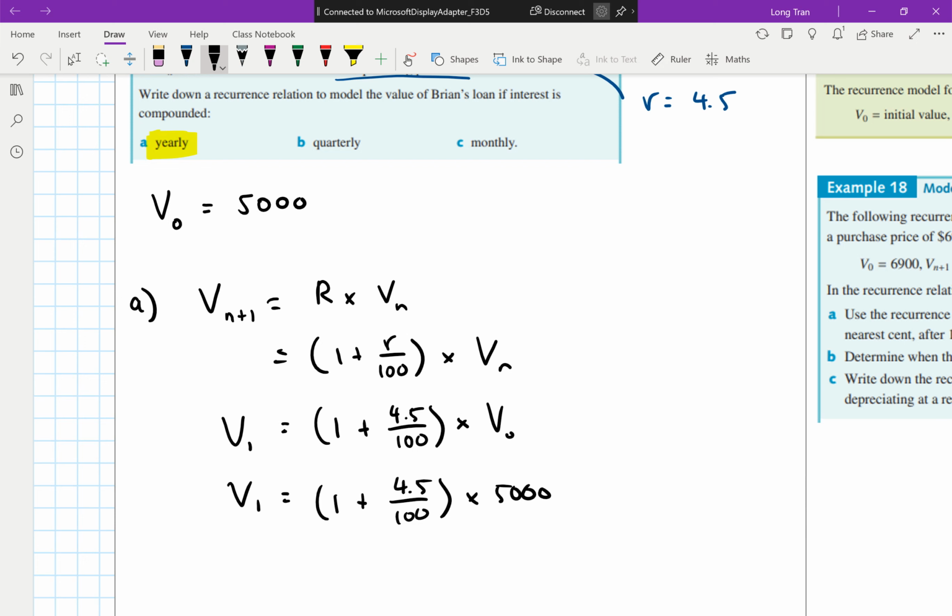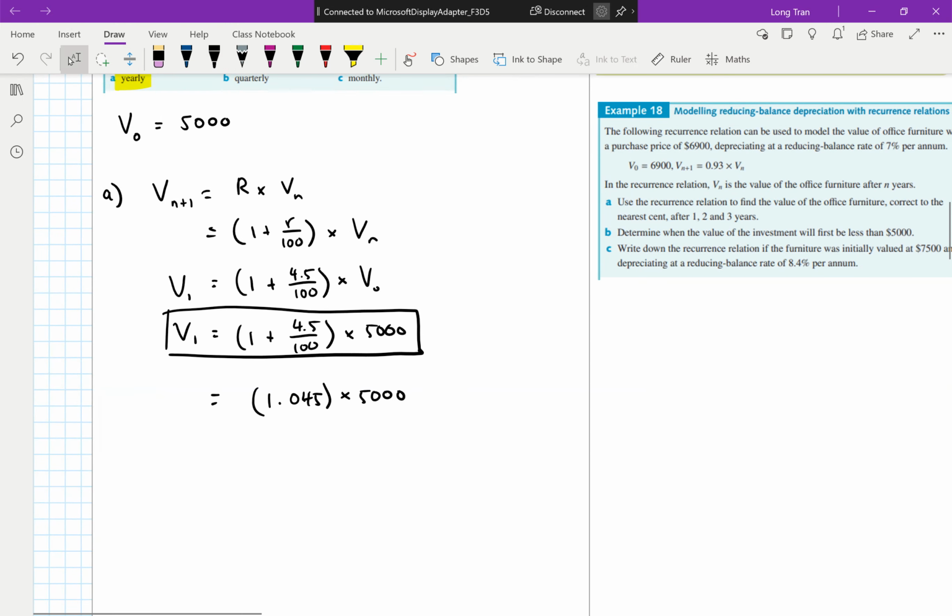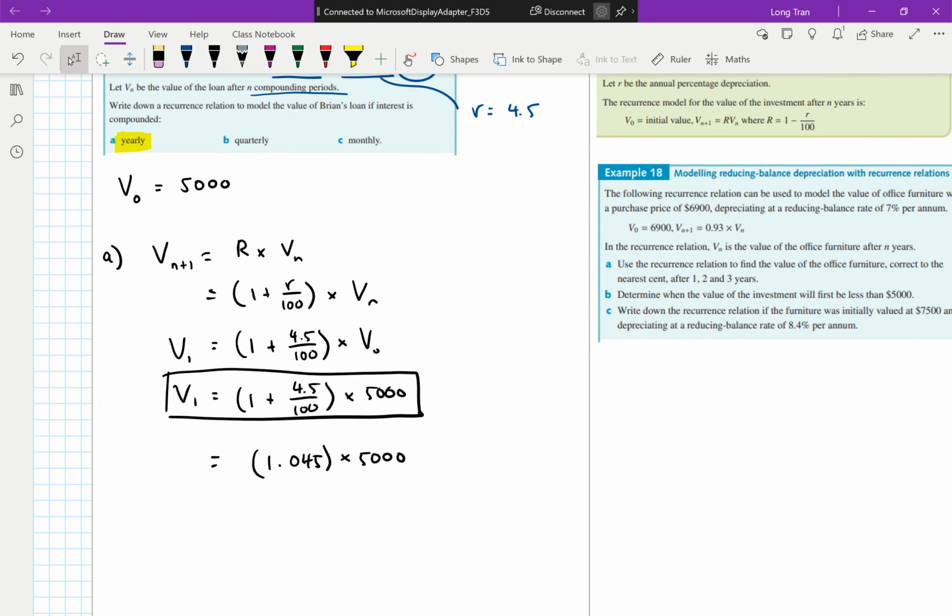This is to find V1. But like you said, this only then compounds once in the year. So this is my recurrence formula for 1 year. If I had to simplify it, this would be 1.045 multiplied to 5,000. Okay? Now, if we want to calculate this on a quarterly basis and a monthly basis according to the rule I gave to you before, okay,